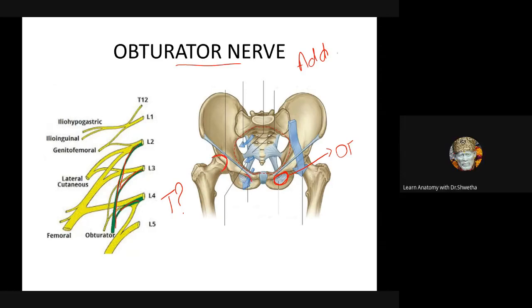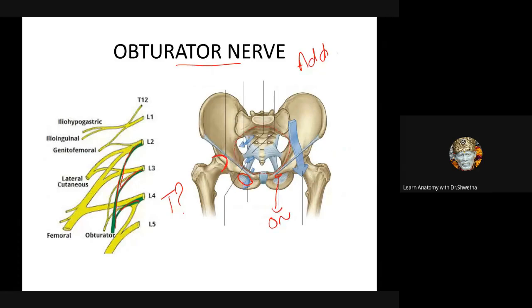Okay. Now, this is obturator foramen. Obturator foramen is covered by obturator membrane, except for a small place on top that is called as obturator canal. Through that small space, obturator nerve and artery will enter the thigh. Okay. So how does obturator nerve enter the thigh, students? Through obturator canal. Very good. Through obturator canal, which is a small opening in the obturator foramen. Through that obturator nerve will enter the thigh.